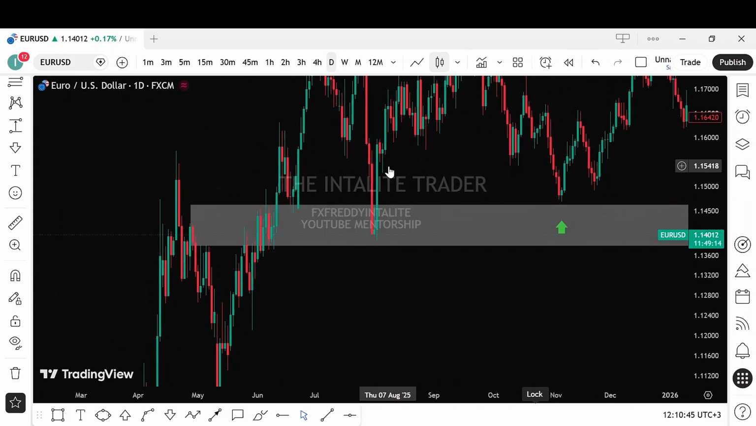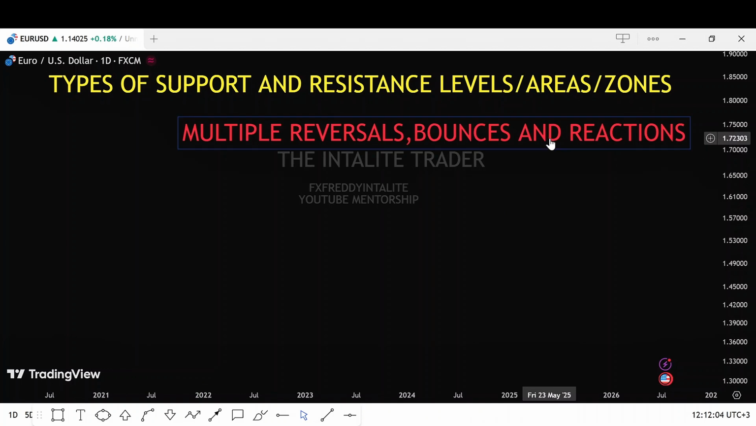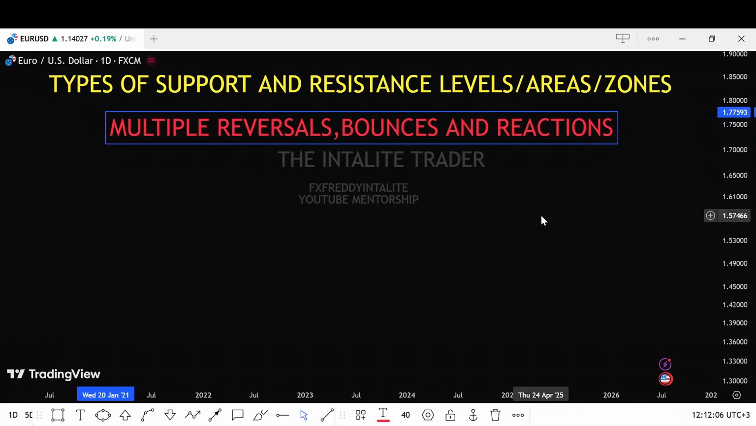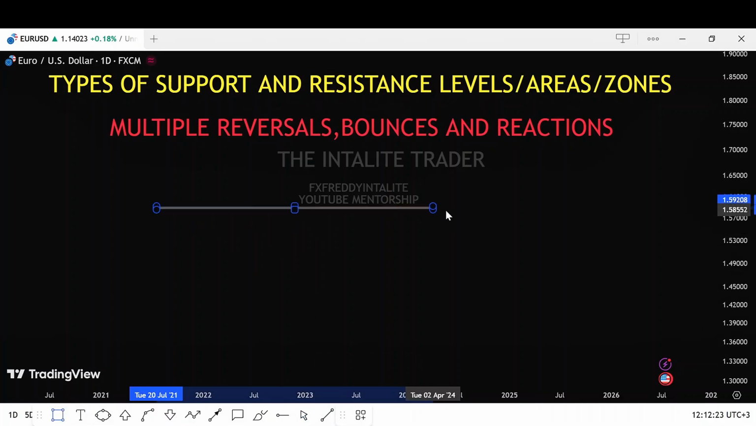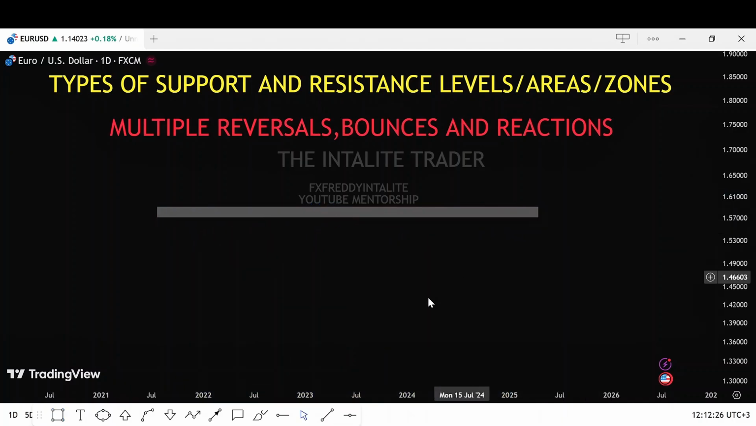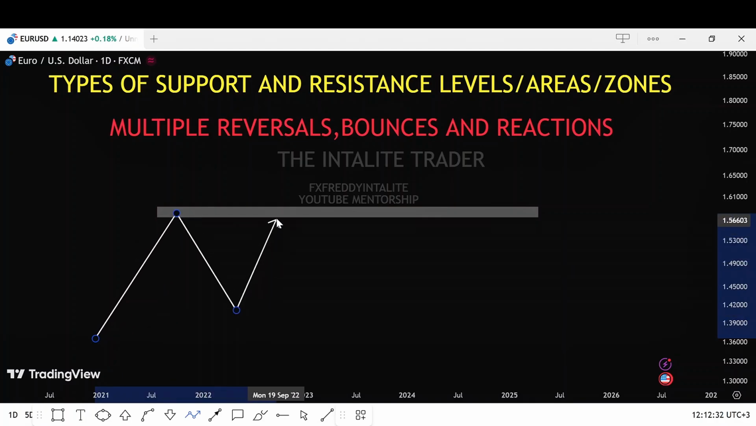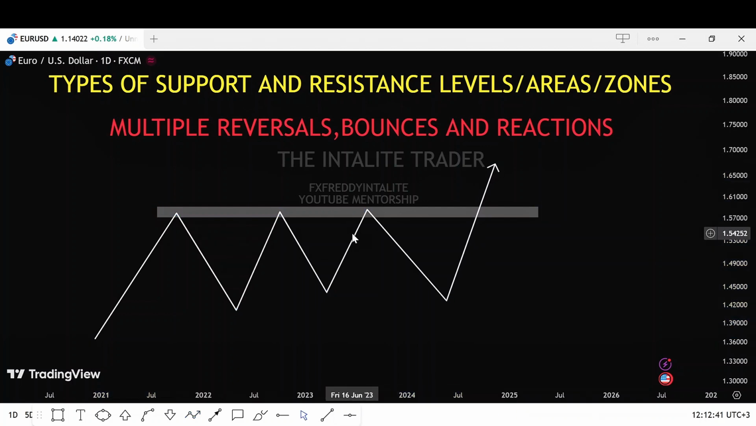another type of support and resistance: multiple reversals, bounces, and reactions. So here you have price, just like the name itself, react to a level. Let's say this is your support or resistance level. Price can come and react to a level many times before breaking it. So these ones, we call them multiple bounces